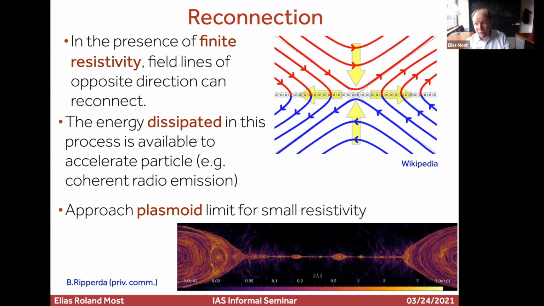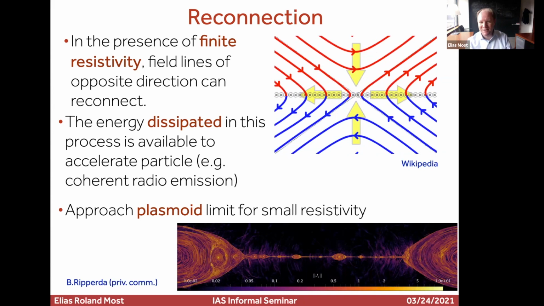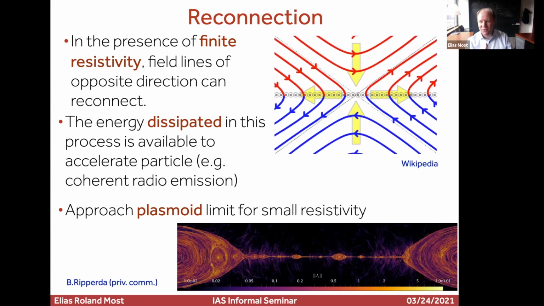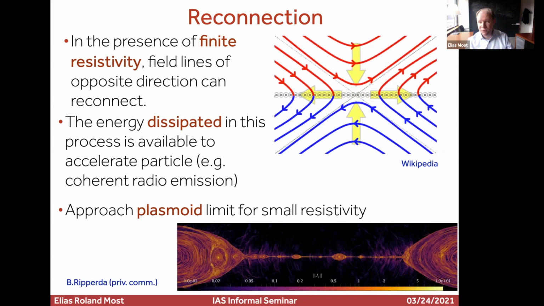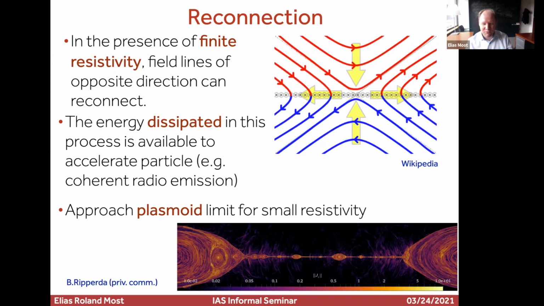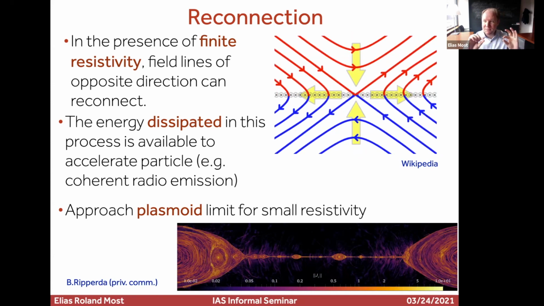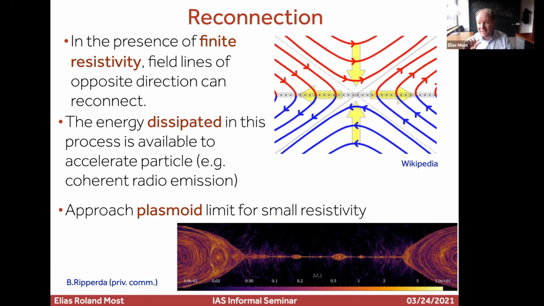And one more thing that we will exploit is that this reconnection or dissipation phenomenon in this current sheet is very special. This is very unlike dissipation that you have, let's say, for shear flows, in that there's a specific limit that you approach. It's called the plasmoid limit. It's a very nice picture from Bart Ripperda, where you can see that at some point you form these little magnetic islands because the current sheet becomes plasmoid unstable.